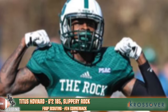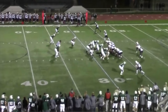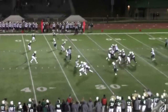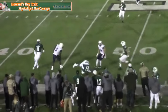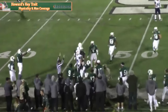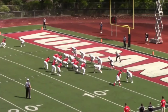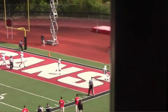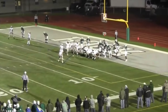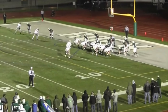I was a color commentator for the Slippery Rock Westchester game earlier in the season, and I came away very impressed with Titus Howard's game at 6'2", 175. Howard knows how to use the length that he has to his advantage. He has active hands and is consistent in using them both in press and in attacking the football. I think he's an excellent press corner. He utilizes the 5-yard rule to his advantage and shows the ability to press with his hands and his feet to reroute the wide receiver to the sideline. I think he's a really solid